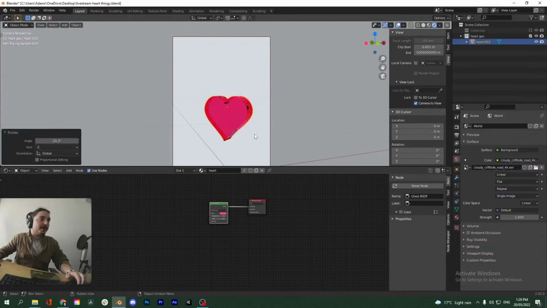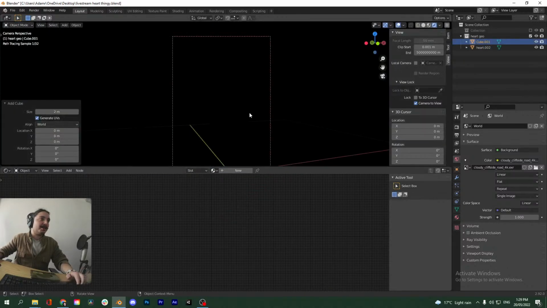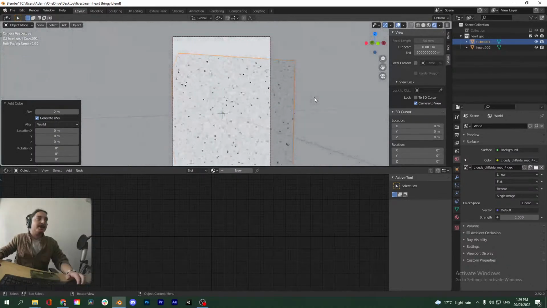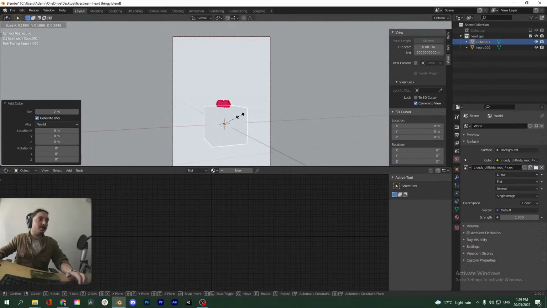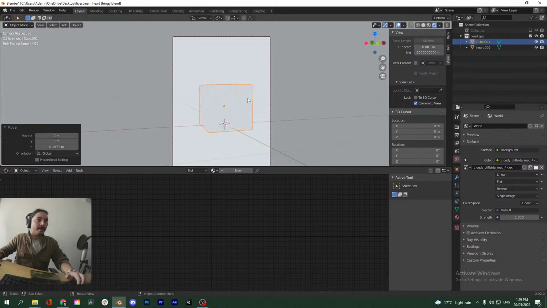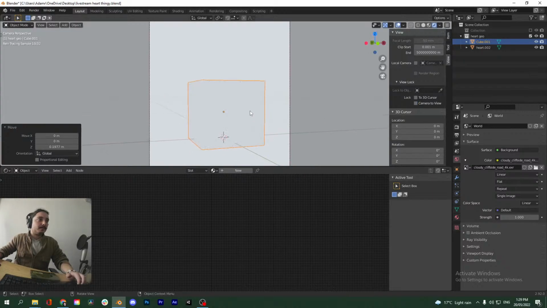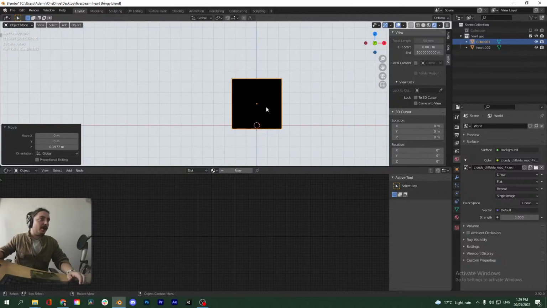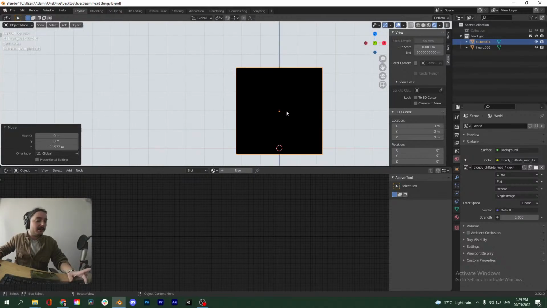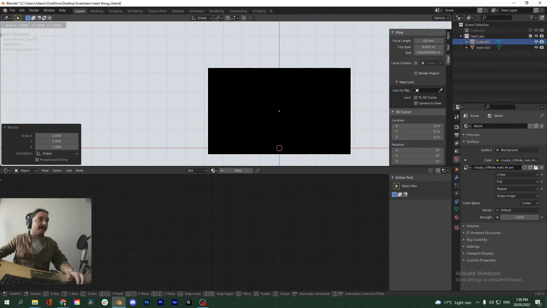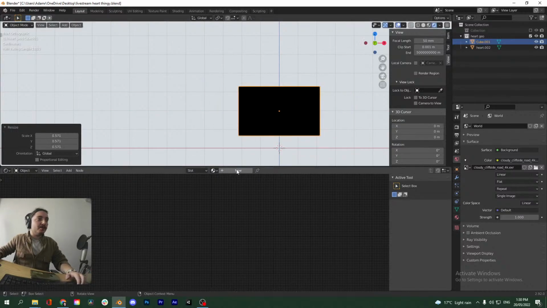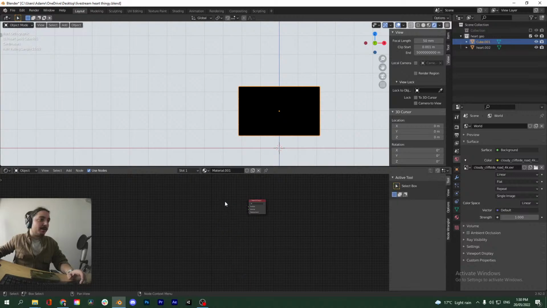We could put this in like a little glass case or something just for fun. Okay, this cube is huge, so we can just scale that down. Let's see. Okay, what I want to do is make it almost like a speech bubble with this heart inside of it, as if you're sending like a heart emoji. So we can go new, add a material to this. Let's also make this one a glass material.